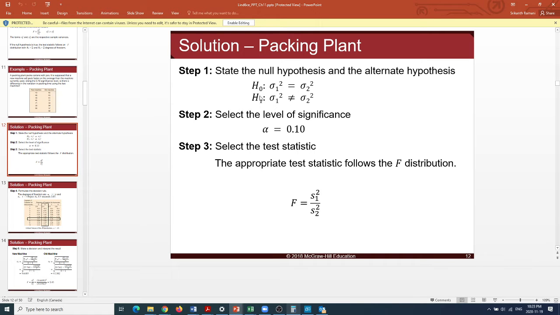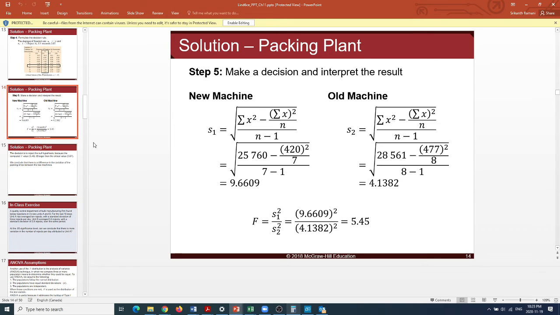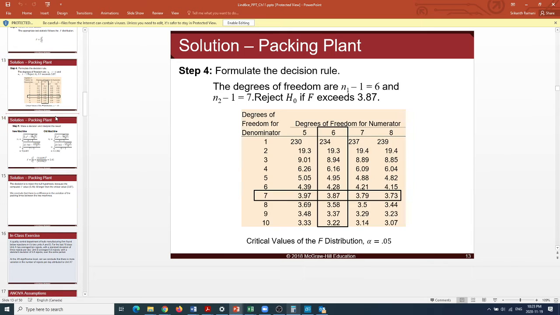So in some sense, go ahead and actually compute the variances. Once you compute the variance, you could easily compute this in Excel. It's the same formula for variance which you've been using all along. You compute the standard deviations over here, and the variances would just be the squares of the standard deviations. And that is 5.45. So since our F statistic over here is greater than the critical value of 3.87, we